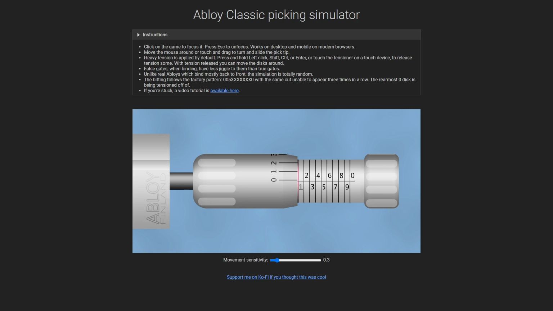Oh, sorry. No, the rearmost 0 disc is being tensioned off of. 1 is a 0, 2 is a 5. 2 is guaranteed to be a 5. And in fact, it is our binder. You'll see that when we go through this,